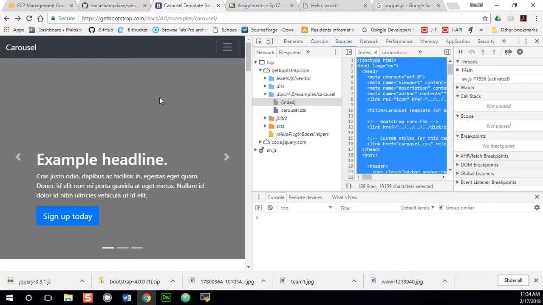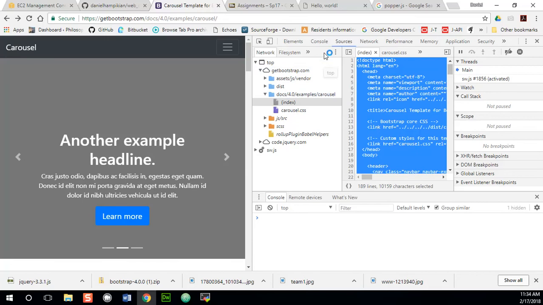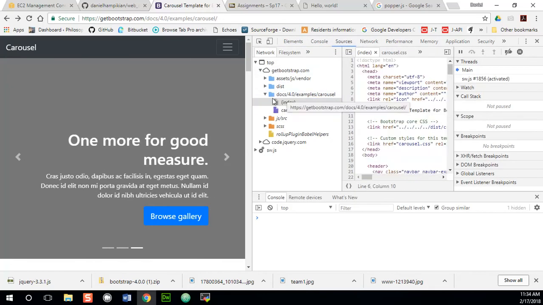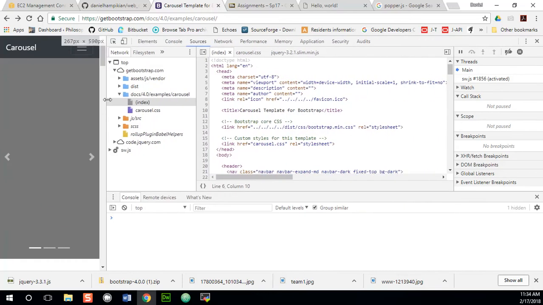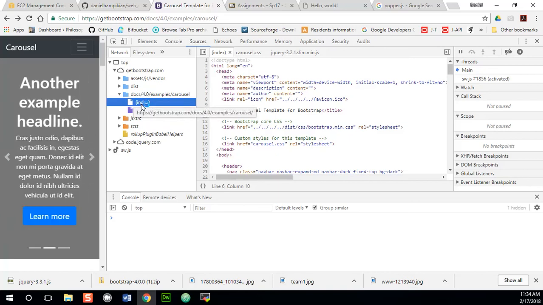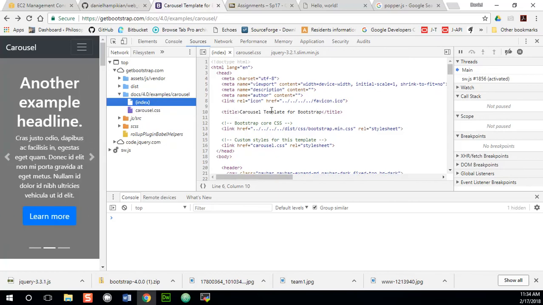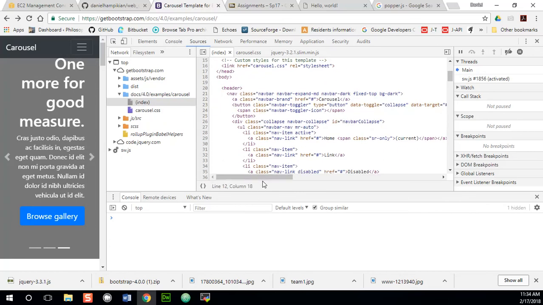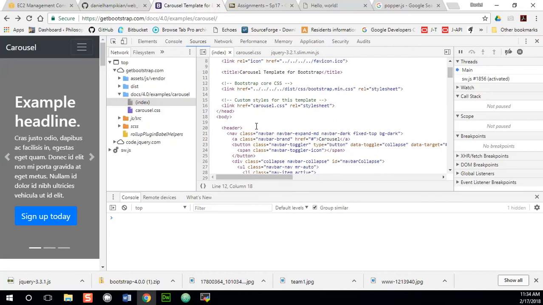Alright, so I'm on the Bootstrap web page, and I want this carousel code. I want to see how they did it, modify it, and make it my own. And so the way that I'm going to do that is I'm going to go over to sources here, and I'm on that index. And now I could just save that as an HTML, but I'm just going to take a look at the code that they've got. And so it looks like they are